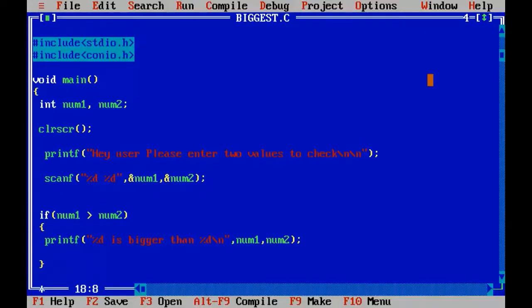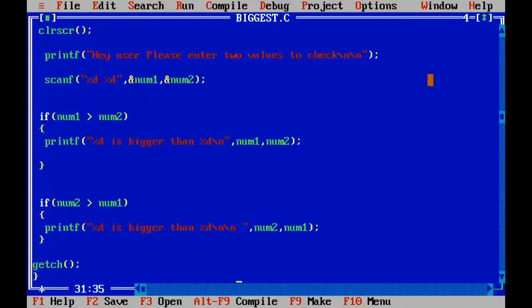First I will check for the greatness of num1. If num1 is more than num2, I will print that num1 is bigger than num2. In the second if structure I was checking for the greatness of num2. Here there are just two possibilities: either num1 can be biggest or num2 can be biggest. If num1 is biggest, definitely num2 cannot be. If num1 can't be, then definitely num2 will be the biggest number. So it is understood that if num1 is not the biggest number, it will definitely be num2.